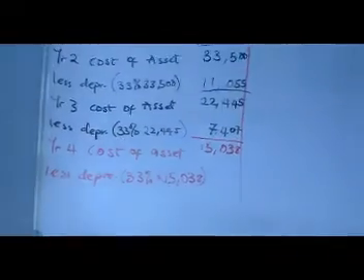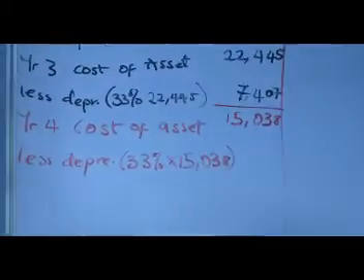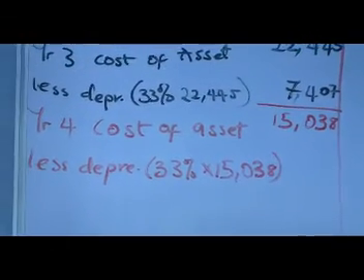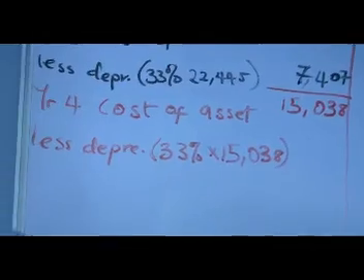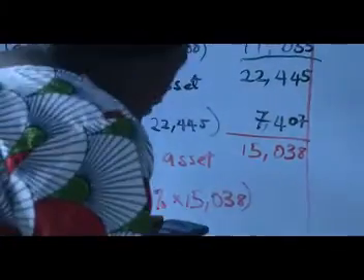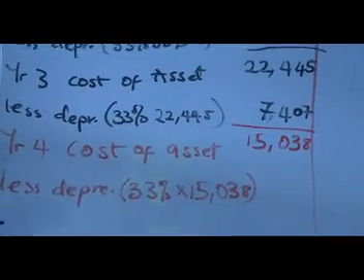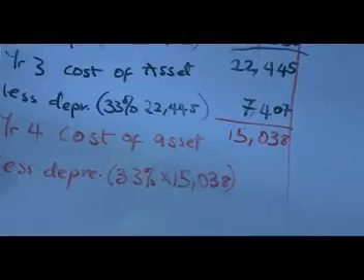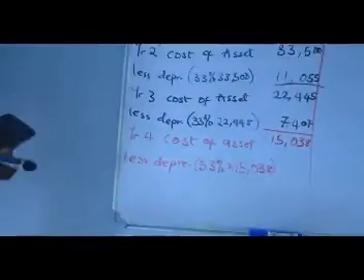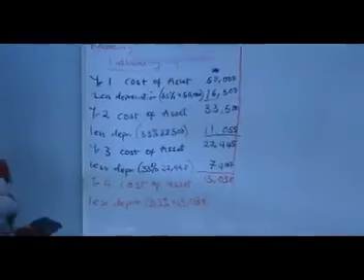Okay, so working that we'll be having now, since this is our fourth year, that's why I said it's a bit tricky, and that was the reason why I was using a red pen. Now since this is our fourth year, this is our last year of the asset life, there is something called